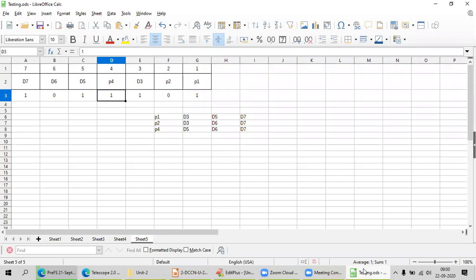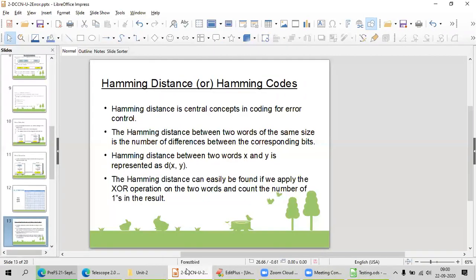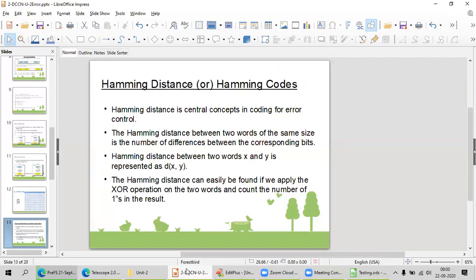Okay, we'll see what is there in my PPT. Hamming distance is a central concept in coding for error control. The Hamming distance between two words of the same size is the number of differences between the corresponding bits. First of all, this is the Hamming coding technique for error correction and error detection.